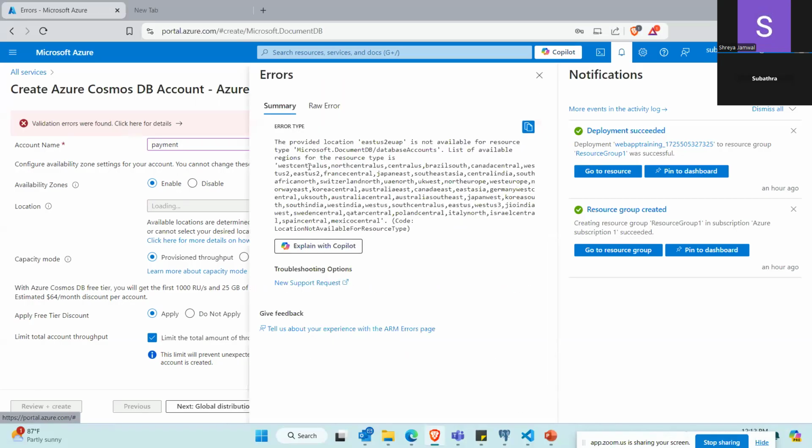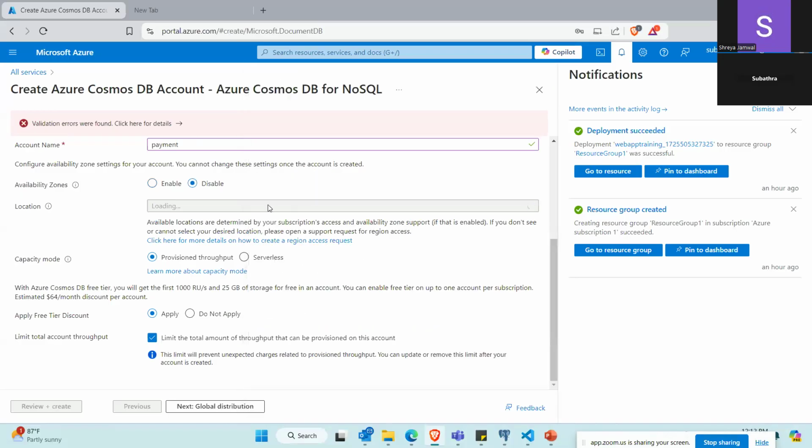The provided location East US is not available for resource type. You have to select another location. Whatever resource group location you have selected, try to select that location, because the availability zone by default was disabled.